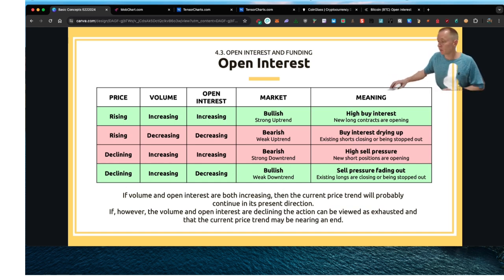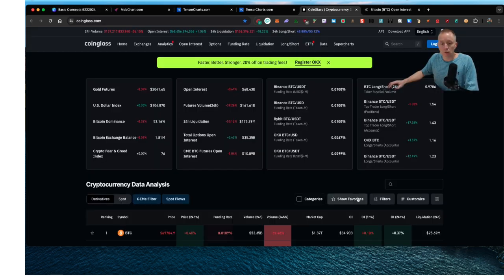So, open interest, guys, a very common place to look at some of this. I like CoinGlass a lot right now. They have a pretty clean interface is what I'm trying to say. You can look right away at open interest and things like that. So here we just have this table. We could look more at open interest, but you can see here that open interest today is declining. Volume is declining, right?